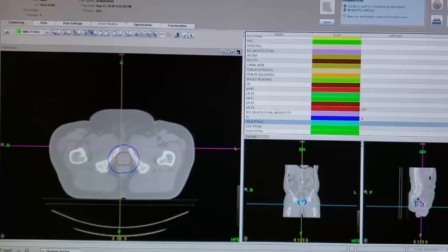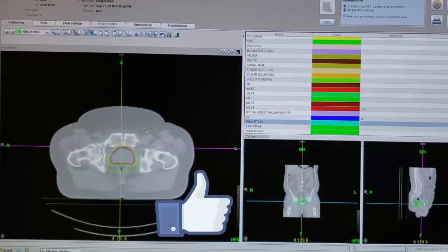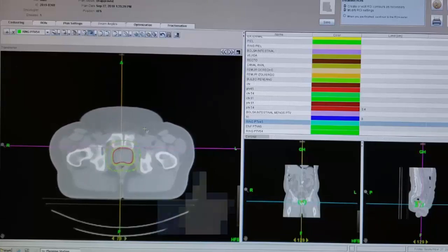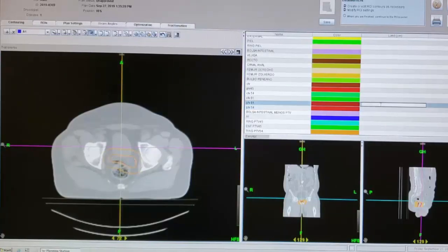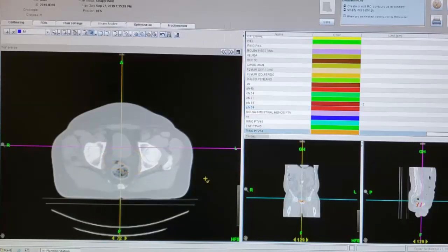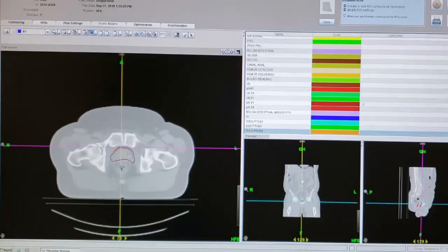Once that's done, we save and reduce points and make a verification. We will modify A1 again, delete everything we have contoured, and now we place the structure 2 centimeters away from PTV81. Once again, the process is faster because the third volume is shorter and it makes it much easier to